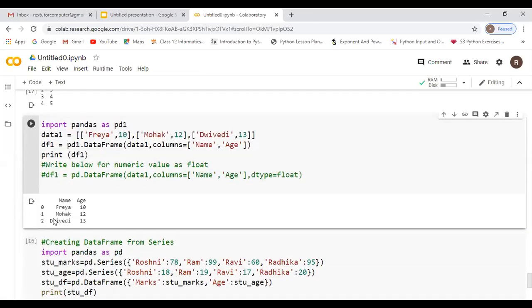Now see, the same way, it is two-dimensional now, name and age are there. Here you can see 0 is not there, because we named the columns as name comma age. And the next one I am showing is the age. You are seeing 10, 12, 13, it is taking them as integers. Suppose I want to print that as a float value, then how to do it? The same thing: df1 is equal to pd.DataFrame of data comma columns comma dtype. We have one more option. So dtype is equal to whatever data type you want. Now see, I'm just removing this hash sign.